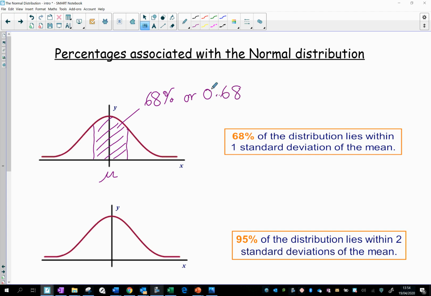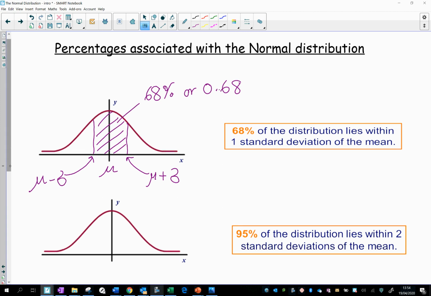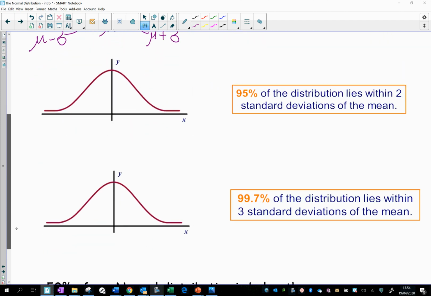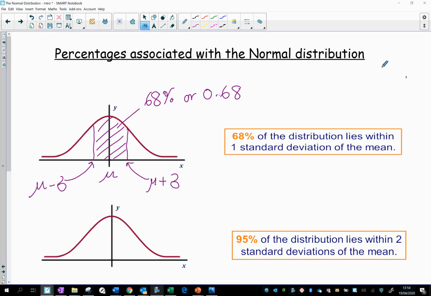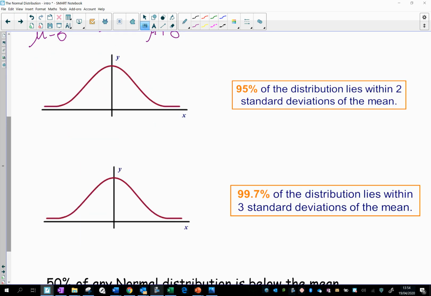0.68. Then here is the mean plus 1 standard deviation, and the value here on this axis is going to be the mean minus 1 standard deviation. And if that's the case, 1 standard deviation either side of the mean should contain 68% of your population. Now if we go to 2 standard deviations either side of the mean, that proportion goes right up to 95%. So if I draw these 2 lines a bit further out still, this area is 95% or 0.95